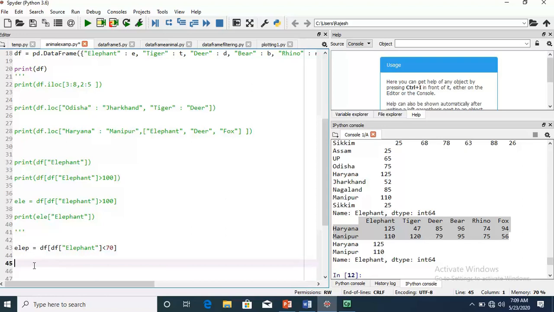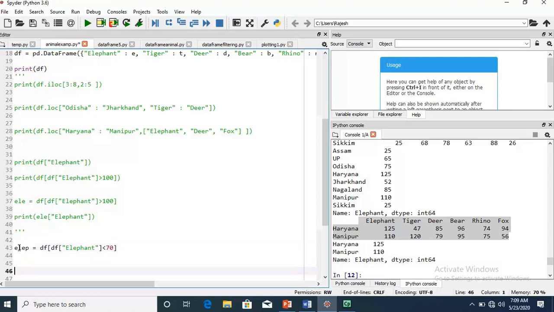What is the meaning of this code? It fetches all the states which have elephants less than 70, and this subset of the data frame is stored in ELP.